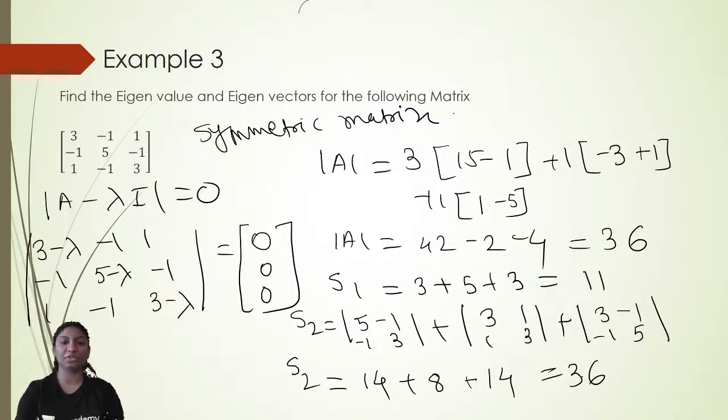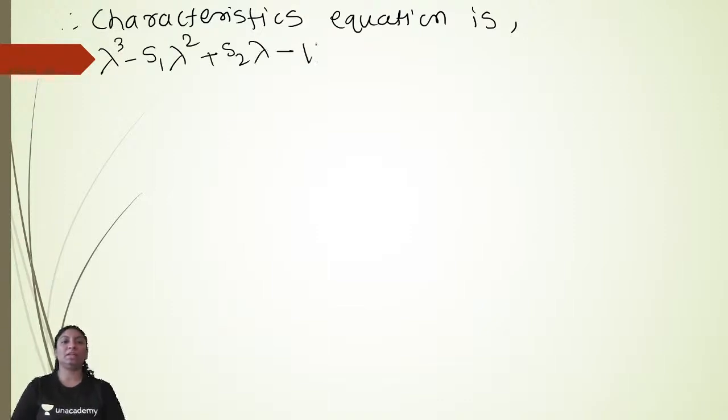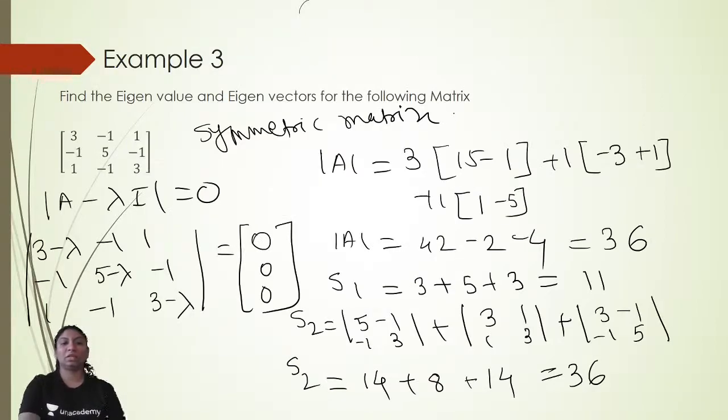So the characteristic equation is lambda cube minus S1 lambda square plus S2 lambda minus determinant of A is equal to 0. Okay. So lambda cube minus S1. S1 is given 11,